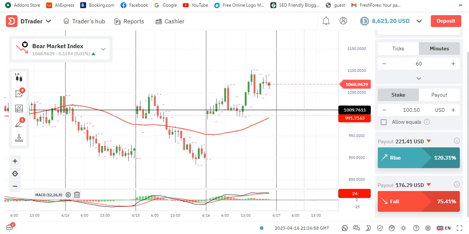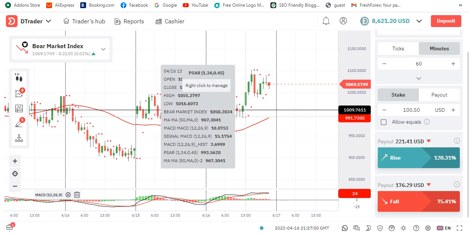So this small hammer now tells you that there is a market force that has reversed this market trend to